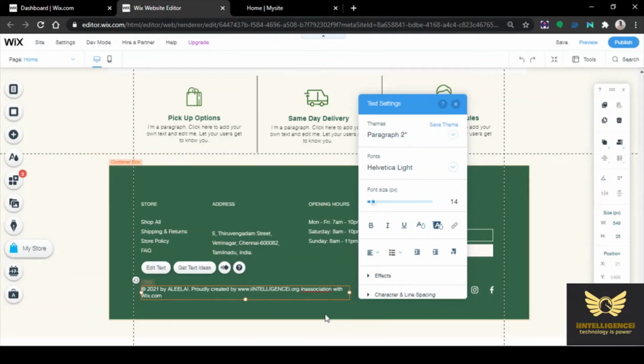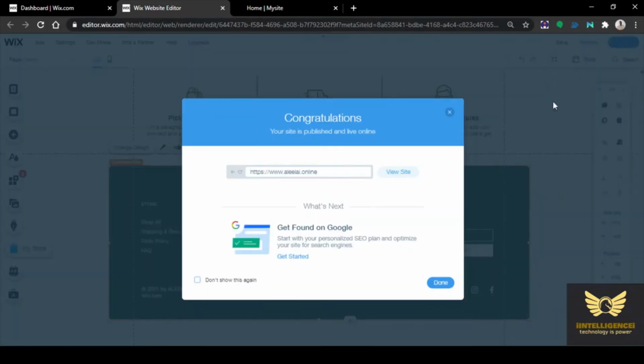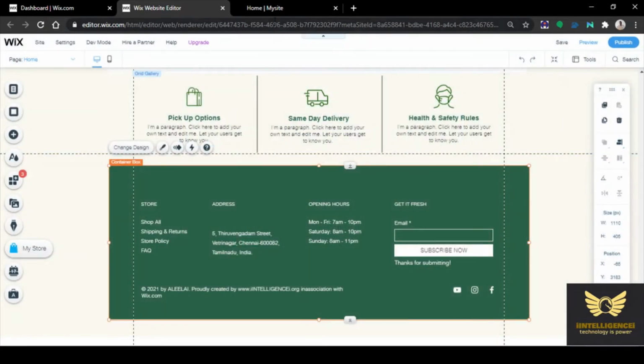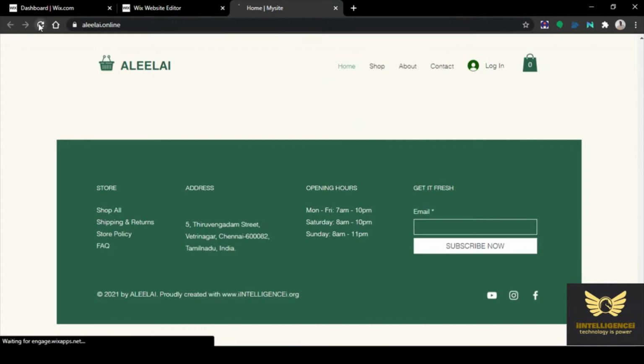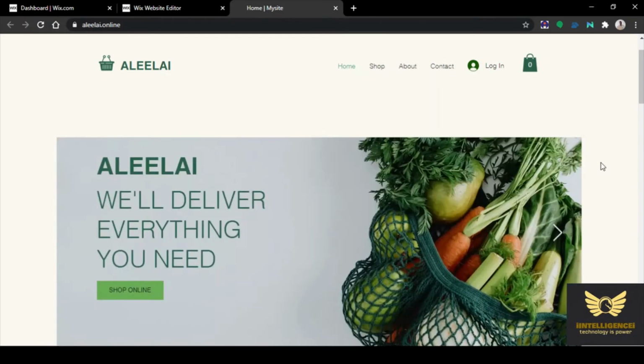You can also change the font size too. Anything you can change. You can change the theme, you can change the font size. But while changing the theme, please ensure that the entire thing doesn't collapse. So ensure that. Click publish. But my suggestion would be, you need to fix the theme. You cannot change the theme often. If you change it, all the modifications that you make on the website become a waste. All the images that you upload become a waste.